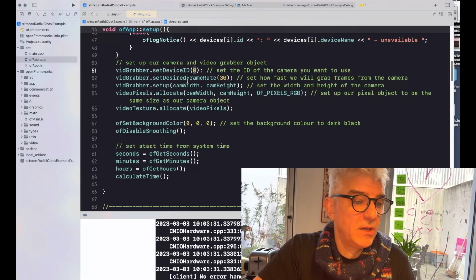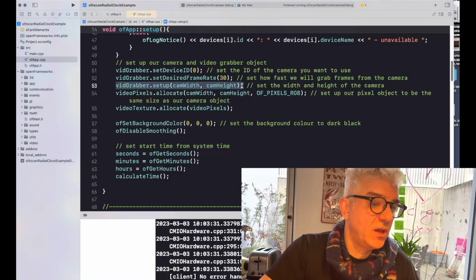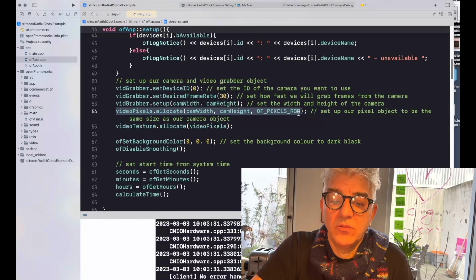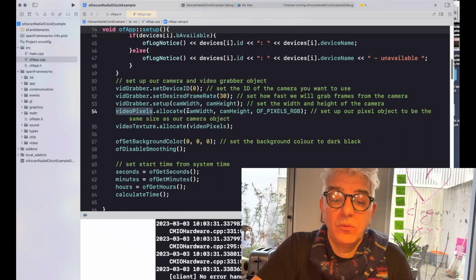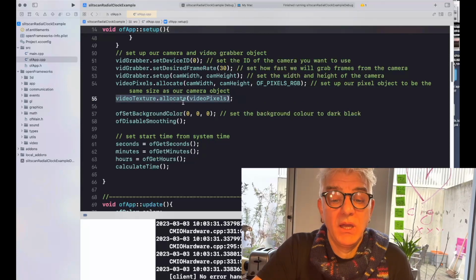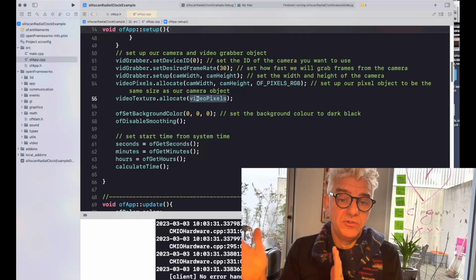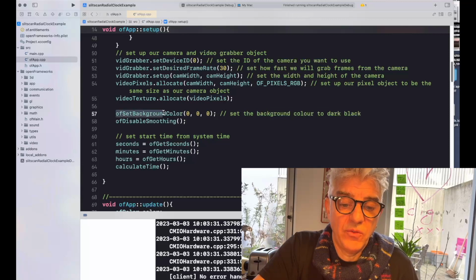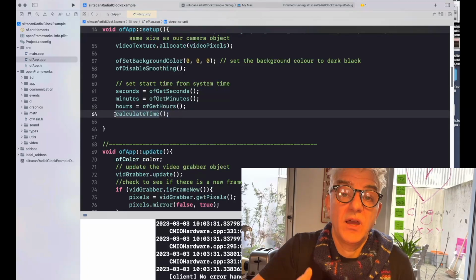Let me make the text a little bit bigger again. So we want device 0, we set up a standard frame rate, and then we tell it to grab at the width and height that we'd set up above. And then we say that we want to allocate our video pixel buffer to be the same width and height as the camera and to be RGB pixels. And what we can then do is do the same to allocate the video texture we made to be the same size as video pixels. So we've set up our camera and then we've made these buffers of pixels and textures to be the same size. We switch off the background, and then I call this routine calculate time, this function that I'd written,